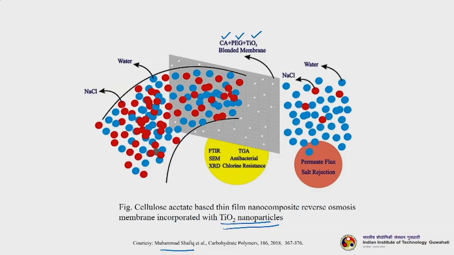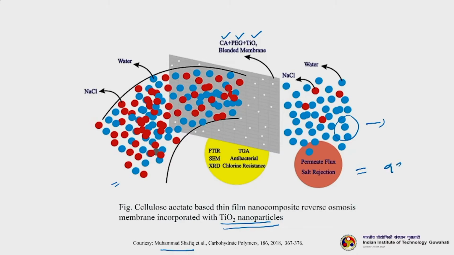You can see here also that most of the salts are getting retained here, only the water comes to this side. So, this is the permeate side, this is your feed side. A very small amount of salt will of course pass through, because by nature all membranes are like that. Since there are interspaces between the membrane material, the salts pass through. So, you get very little, but the amount is extremely small. We have just discussed that there are membranes prepared with almost 99.5% salt rejection, even more than that, 99.9%, right.